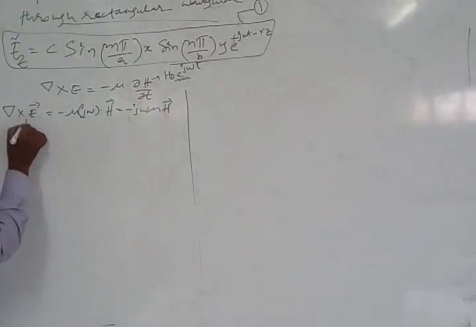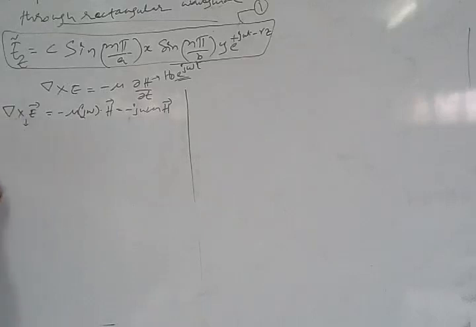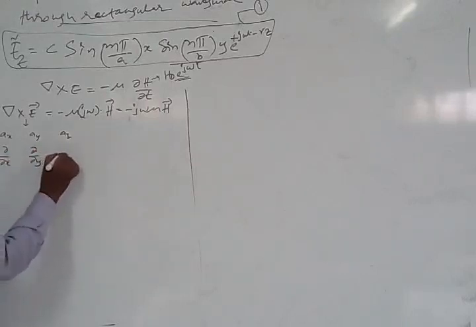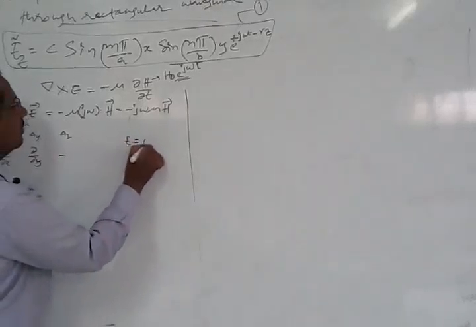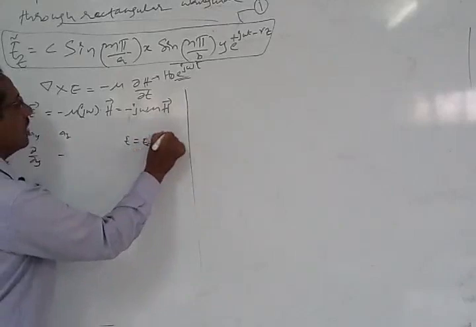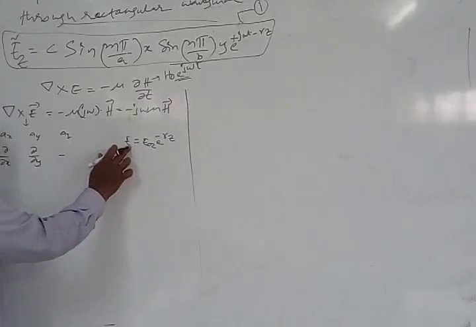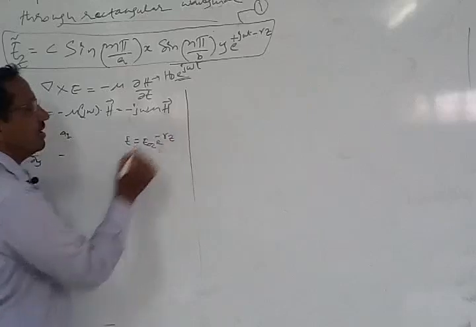Let us solve this equation now by substituting with a matrix representation. So I will represent this curl operation in terms of matrix notation. So in terms of matrix notation, I can have Ax, Ay, Az, dou by dou x, dou by dou y. All right. So here, what is dou by dou z? Basically, we already know E is equal to Eoz into e power minus gamma z. It is not j omega t because E is electric field along z direction. Therefore, we will be writing it e power minus gamma z.